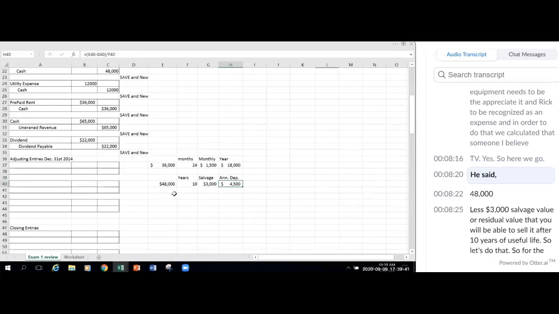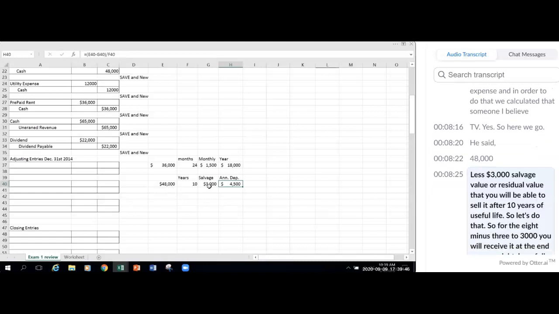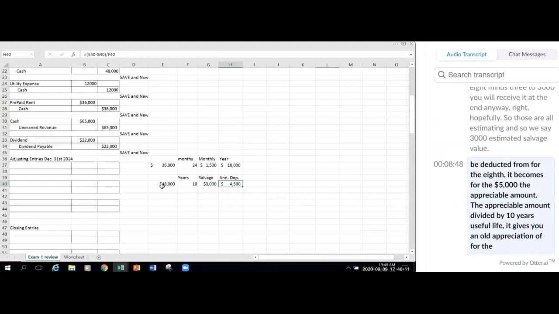We said 48,000 less $3,000 salvage value or residual value that you will be able to sell it for after 10 years of useful life. So let's deduct that. So 48 minus 3, the 3,000 you will receive at the end anyway, right? Hopefully. So those are all estimates anyway. So we say 3,000 estimated salvage value. We deduct it from 48. It becomes $45,000